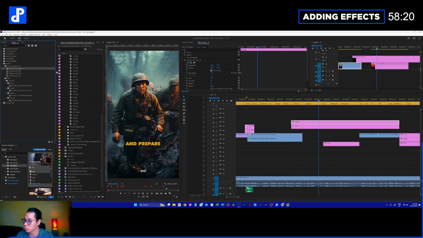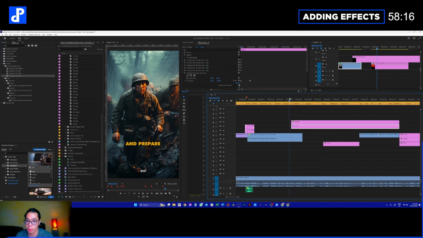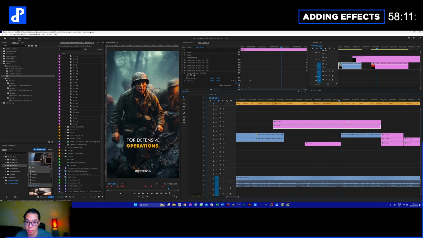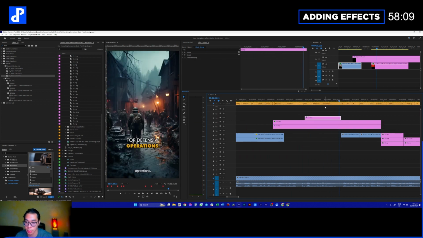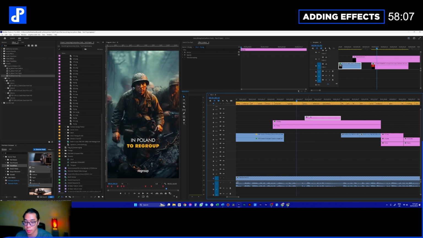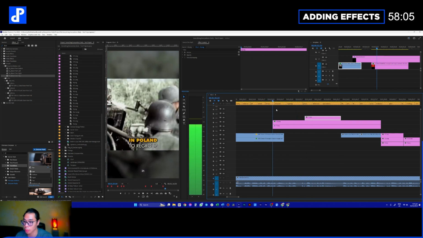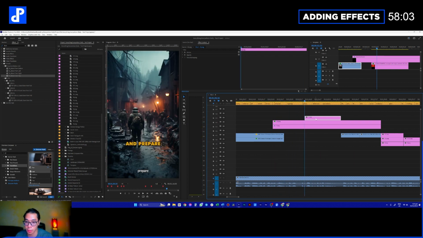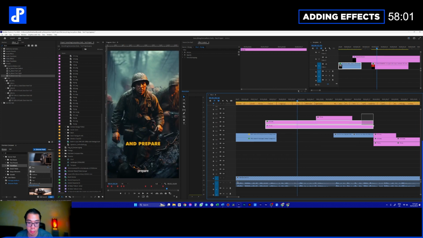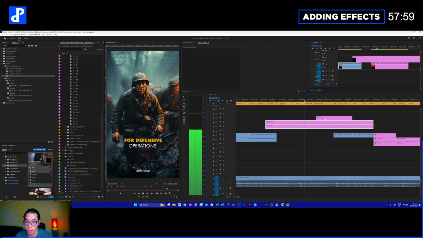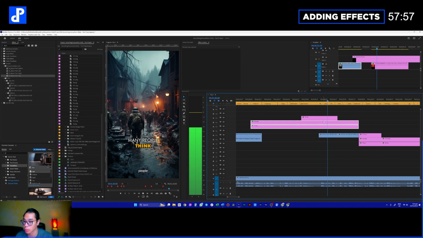Forces in Poland to regroup and prepare for defensive operations. Many people think that this was